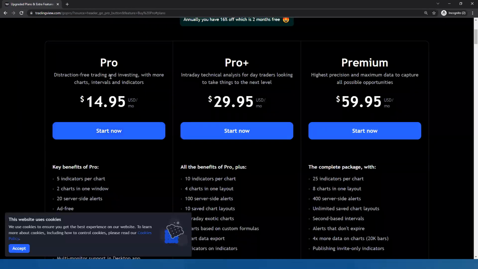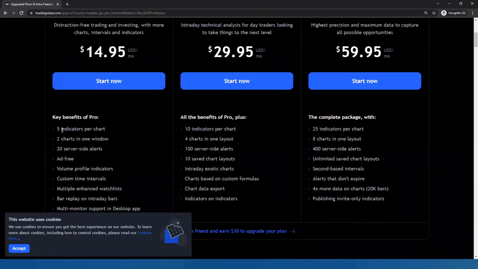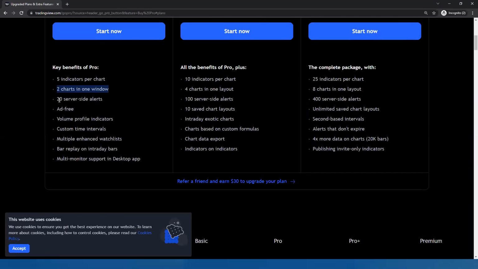This is for the Pro user. For a Pro user, you can use up to 5 indicators per chart. 2 charts you can use in one window. And you can create up to 20 alerts, meaning 20 different strategies or multiple brokers you can run. That is more than enough. Or if you want to run the same strategy, you can run one single strategy on up to 20 different symbols